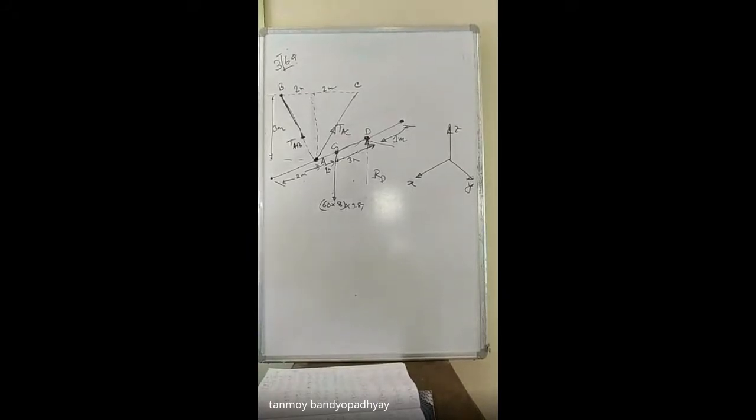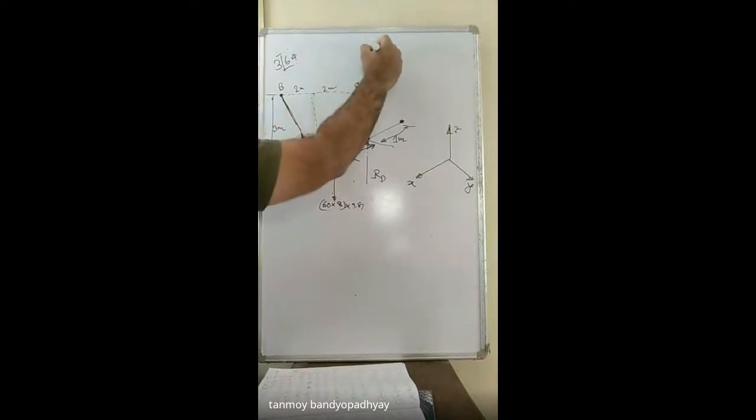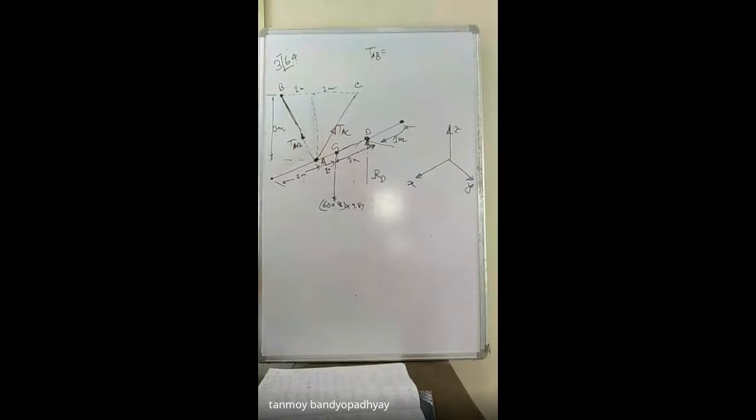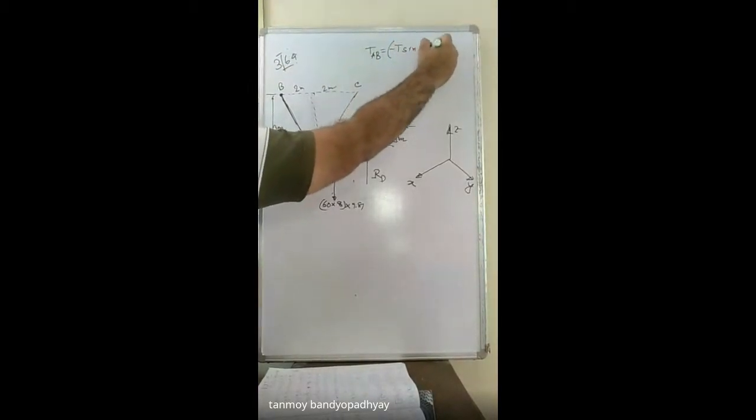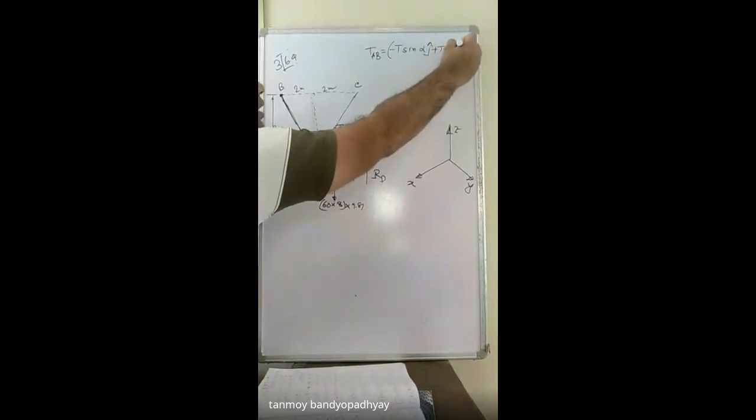So the forces actually are, I will write two forces in vector form so that you will not face difficulty understanding later. TAB will be, if I need to write it in vector form, suppose this angle is alpha. As you can see, this is alpha, and this one will be alpha also. So TAB will have two components: T cos alpha in the z direction and T sin alpha in the minus y direction. So we should have minus T sin alpha j cap plus T cos alpha k cap.